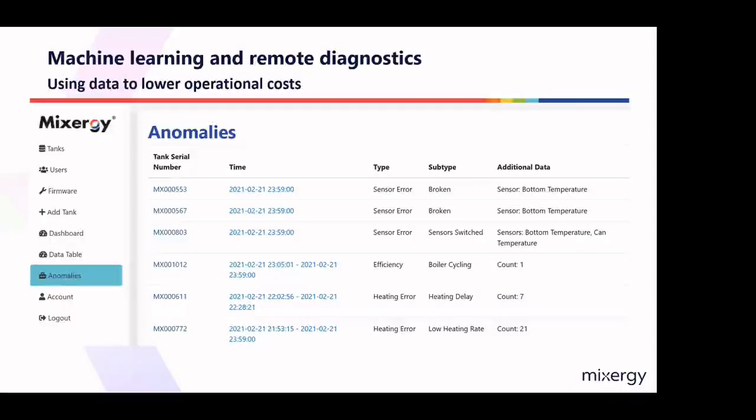So if you've got a vulnerable tenant, it could be an elderly tenant, who creates hot water every day, and for 2 weeks hasn't drawn a single litre of water, the cylinder is able, through machine learning, to recognise that there's no hot water use, and it can create a welfare check for the asset manager to say this could be a vulnerable tenant that could have gone on holiday. What it can also do is pick up things like inefficiency.